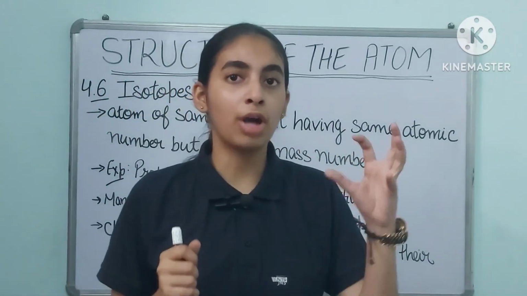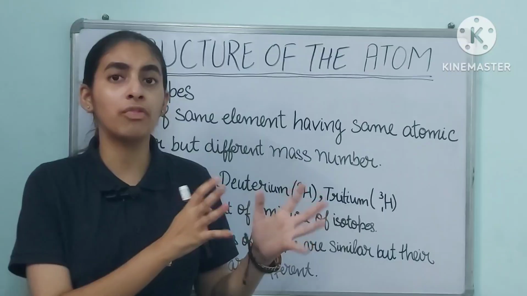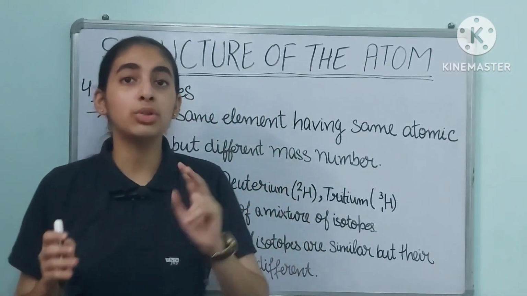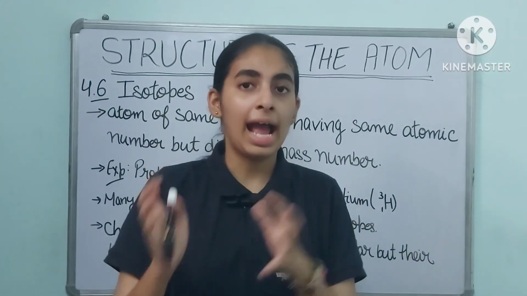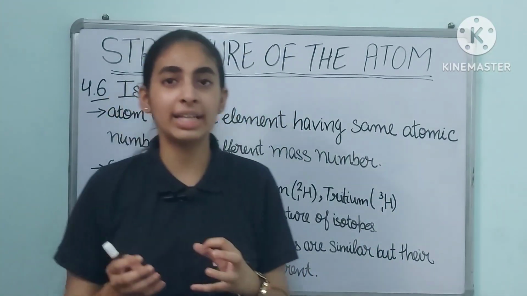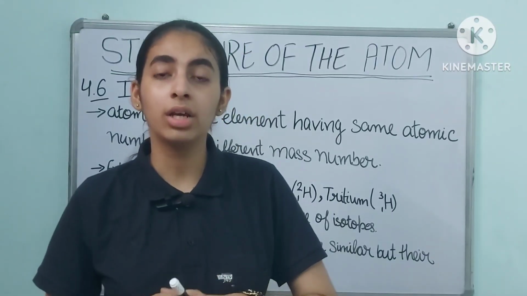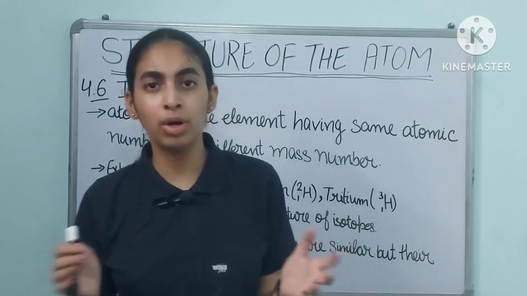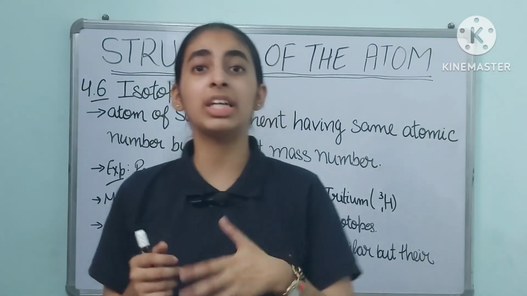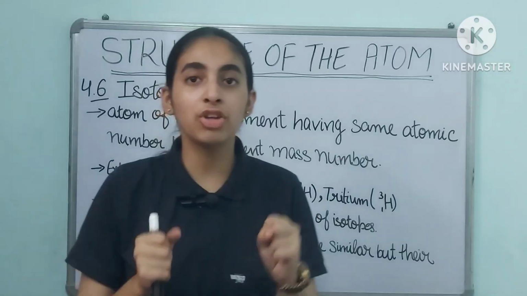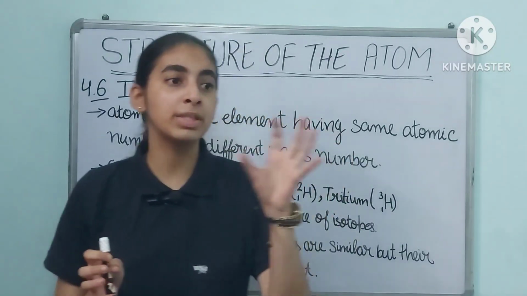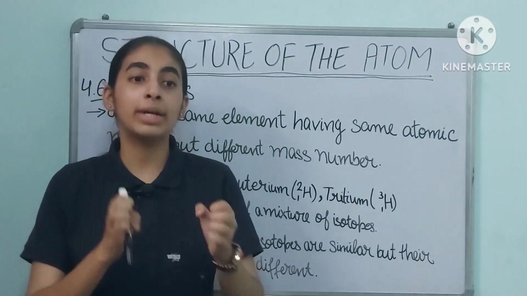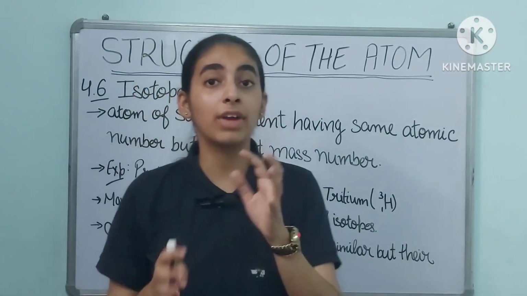We write the atomic mass of chlorine as 35.5 u. But in reality, chlorine exists in 2 isotopic forms, the first is 35 u and the second is 37 u. So the question arises, what is the mass of chlorine? Obviously, if two isotopic forms exist, one of 35 u and the second of 37 u, then why do we write 35.5 u? So we write the average of the two isotopic forms of chlorine. That means we find the average of the mass of 35 u and the mass of 37 u to get the mass of chlorine. So to write that, we are finding that average.